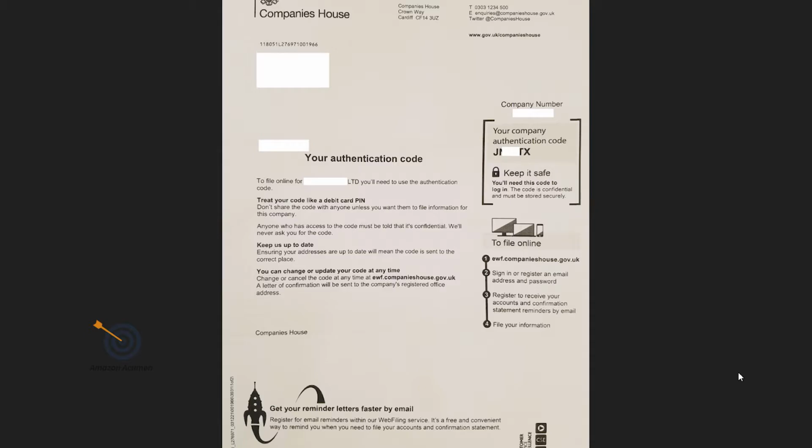When you receive the document, it will look like this. This section contains the company name and address. Below this section, you can see the issuance date, whereas if you analyze the right side of this document, you can see the company number as well as the authentication code which you can use to file your company confirmation statement. This section below the authentication code area elaborates the steps that you have to follow in order to file the